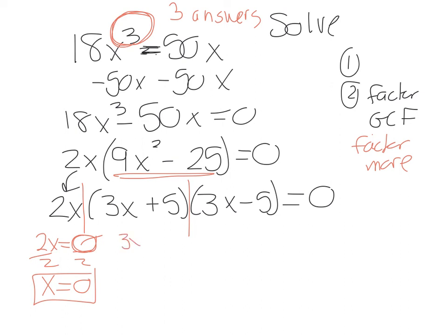The second part, 3x plus 5 equals 0, we solve. 3x equals negative 5, divide by 3, and I've got negative 5/3. The other one's going to come out to be,